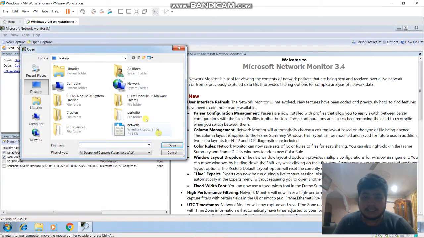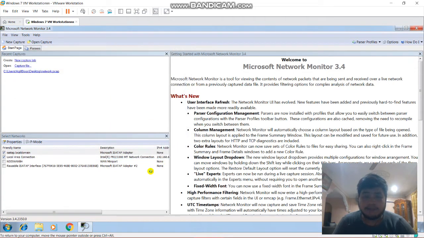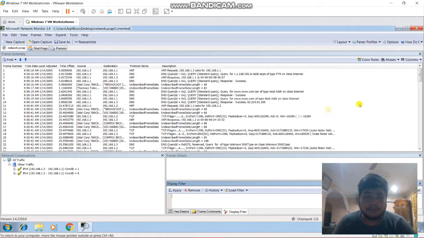So this is the target file that I want to analyze for this lab. Just click and click Open. Let's wait. Okay, here is the process of monitoring network activity in Microsoft Network Monitor as we capture the target file.